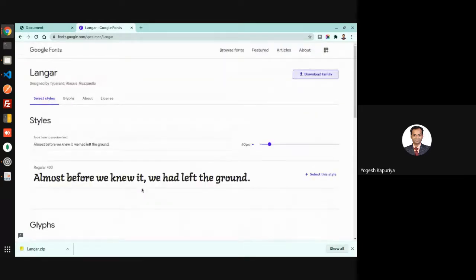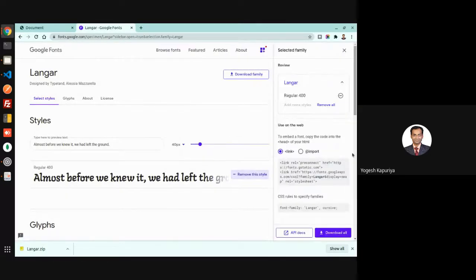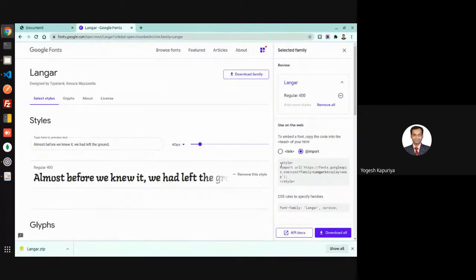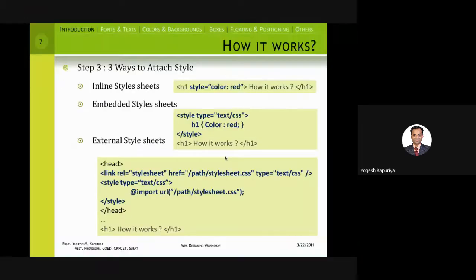Second is select it, and then Google will generate this kind of a link. Okay, so let's say, or it can also generate this import URL as well, right? So this is a link URL and this is import URL. So let's say we are using this.